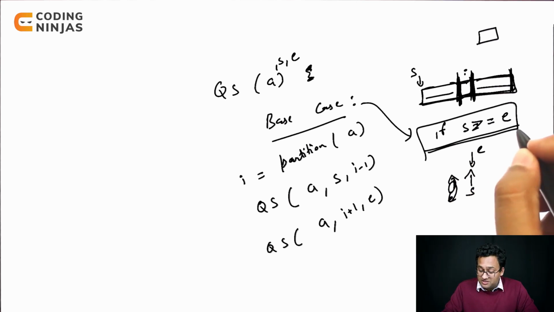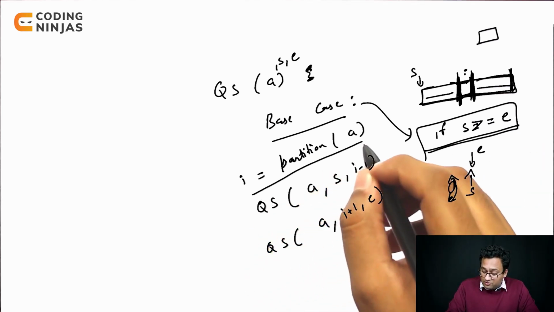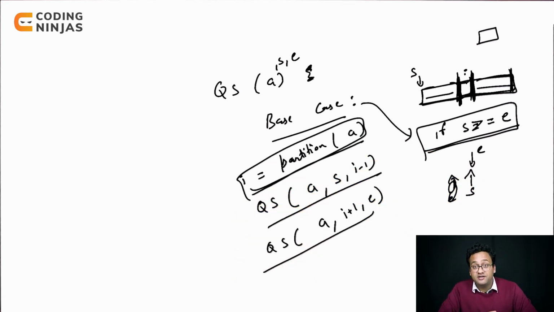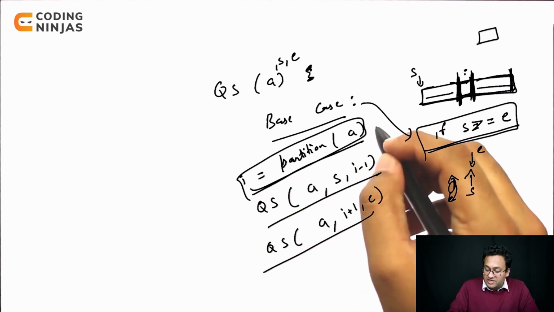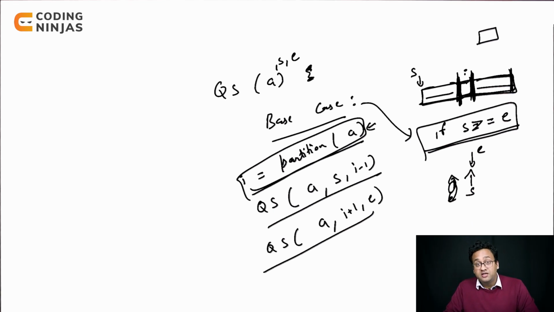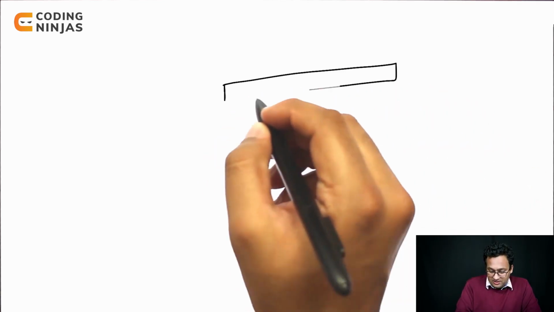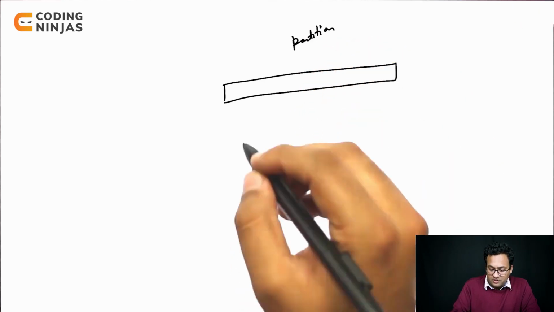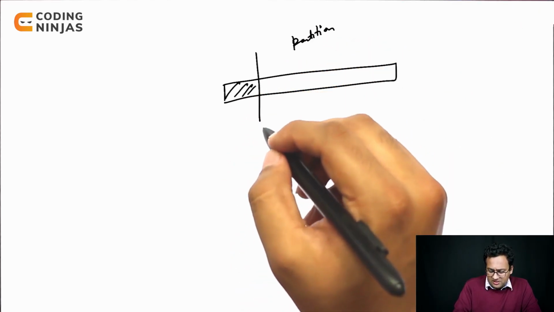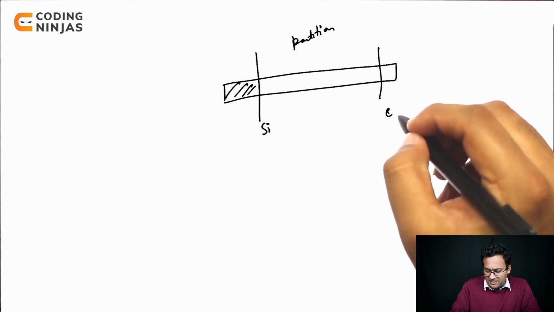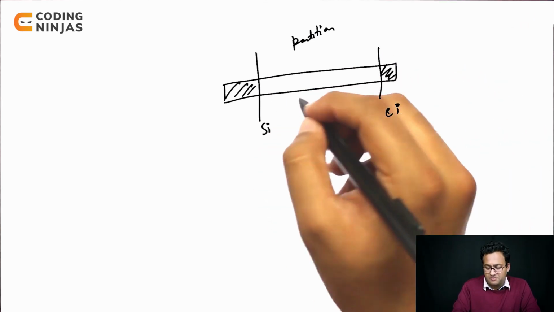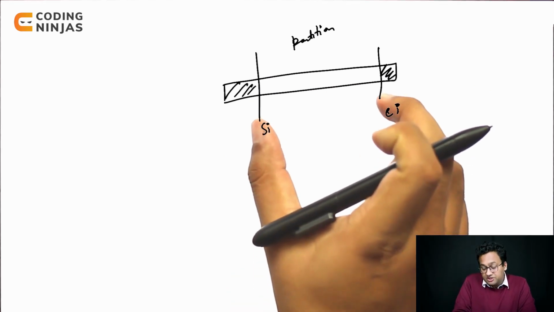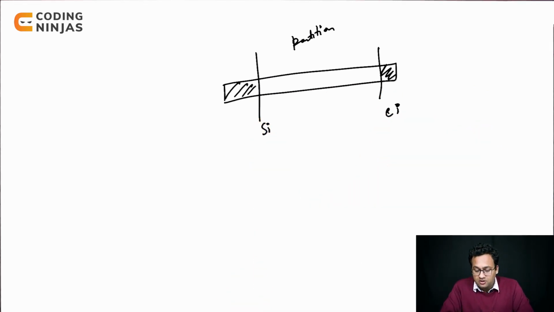So I have my base case. I need to write code for this, and if I am able to write code for this, I'll be done, right? So let's quickly see how, given a list, we need to partition it into two halves. So let's say we are given this starting index and this end index, and we just need to work within this part. We don't have to look outside this, right? So we need to partition within this.